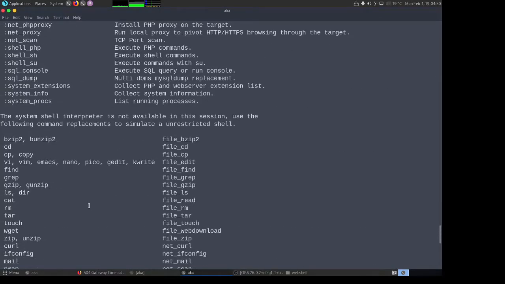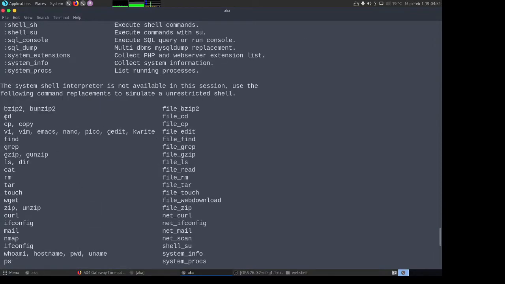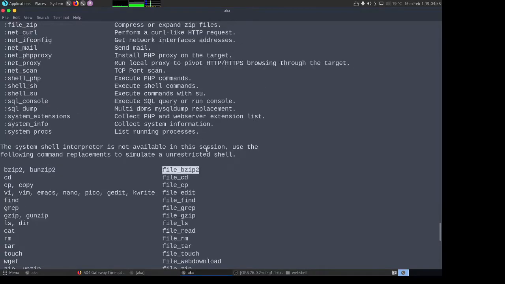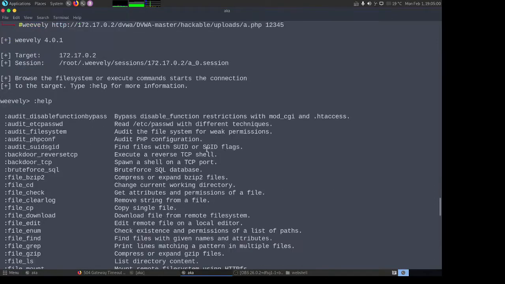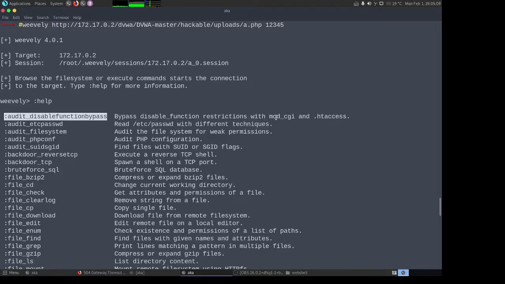So what you are seeing here is the system command that it will use, and then this is the Weevely command that you can use in the Weevely shell. So you also get a nice description of what you can do with this. For example, bypass disable function restrictions with mod_cgi and .htaccess.